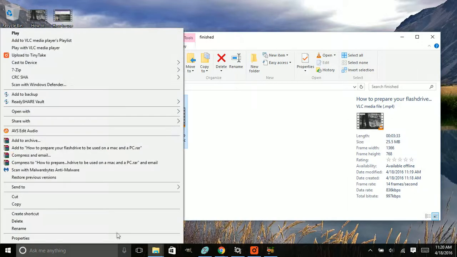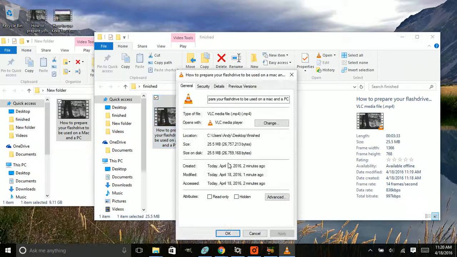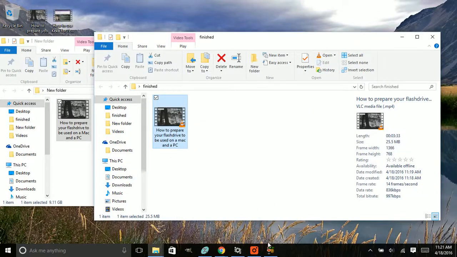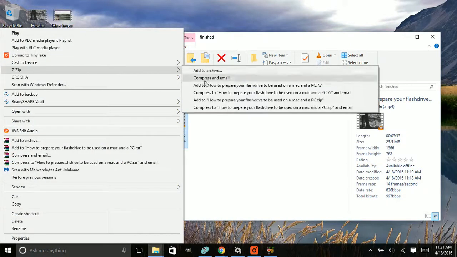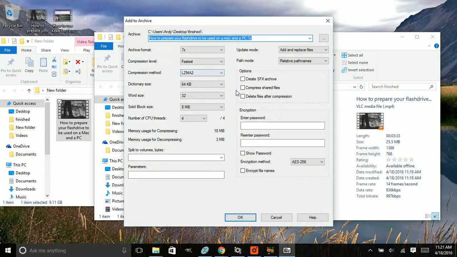So if I right click on this and go to properties, notice that it is 25 megabytes. That is significantly smaller than a 9 gigabyte file. So with that being said, I would highly recommend using Handbrake to decrease your size, and then after that, if you wanted to encrypt a video, you just right click, go to 7-zip, add to archive. If you've watched the other videos, if you haven't, I'd recommend doing that. Enter your password, encrypt the file,